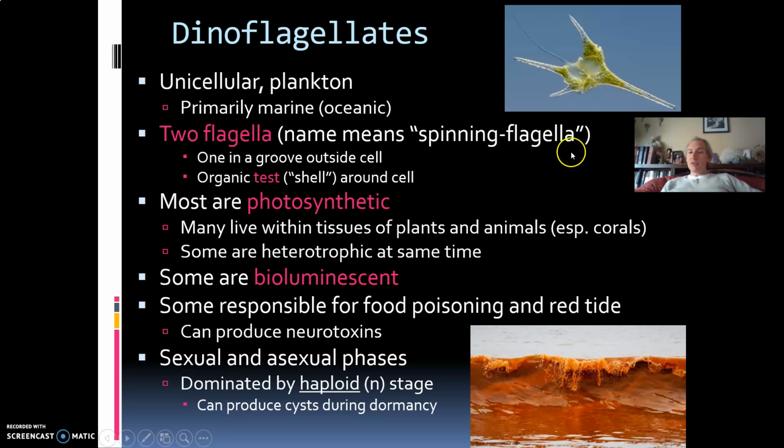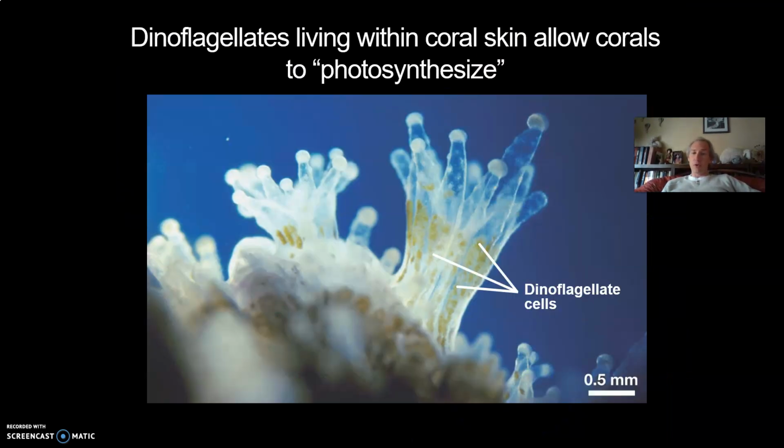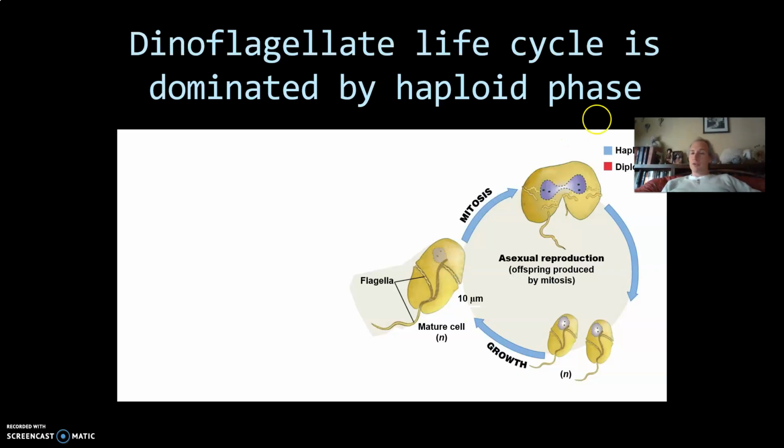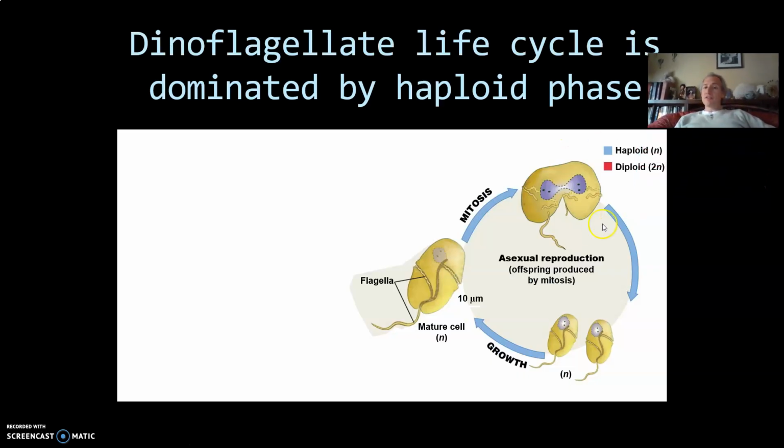And so let's go through the life cycle of a dinoflagellate. We're going to see tons of these, so we'll go through this slowly, but it's important that you understand these. Okay, so here's the typical life cycle of a dinoflagellate. It's got its paired flagellae, it's got its weird shaped cell with a test around it. Our scale bar, you can't see it here, is about 10 microns. So this is about 0.1 millimeters in diameter, and they just do asexual reproduction. It's haploid, it does mitosis, it produces haploid babies, and this is the normal life cycle.